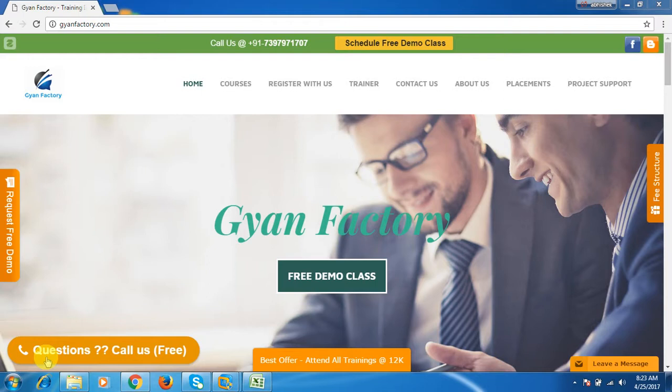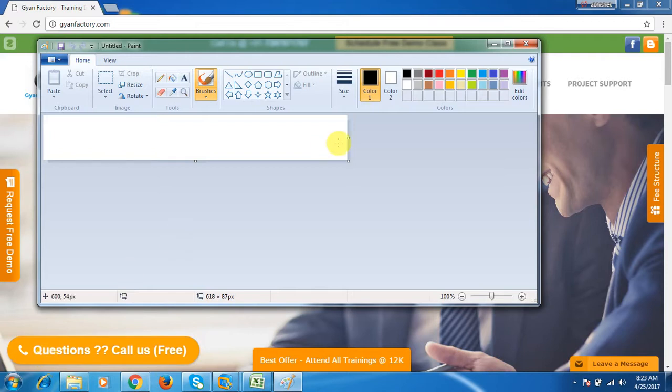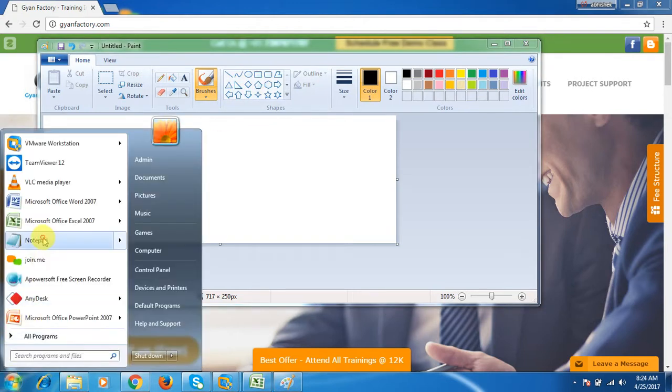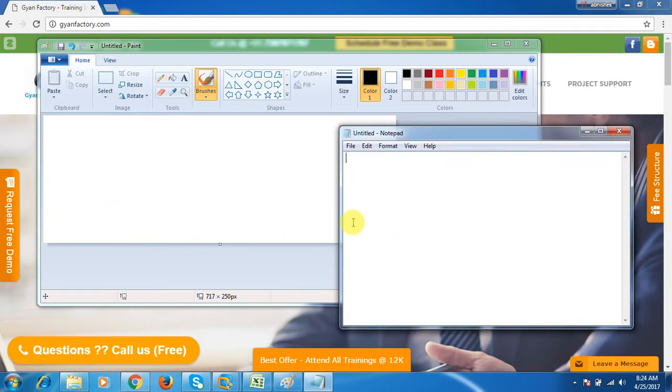So why do we have a foreign key? Suppose I have a material table, where I have the material number, material type, and then department.